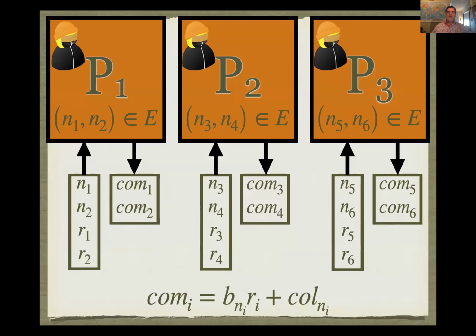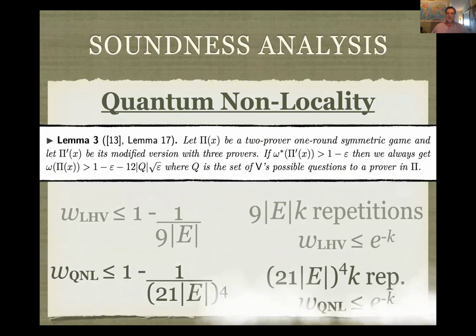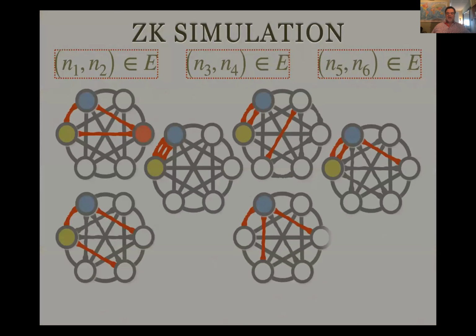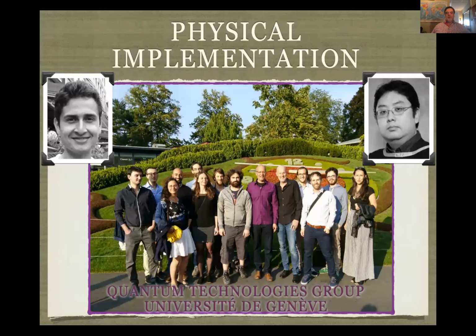And so the protocol for the entangled case has three provers doing exactly the same kind of work. And in this case, we still get an entangled error, which is quite small, but we have to repeat a fourth power to get exponentially small probability. The zero knowledge simulation still works with three provers, and this is the bare maximum. You cannot go further. Now, let me conclude by saying that an implementation of this is actually being implemented